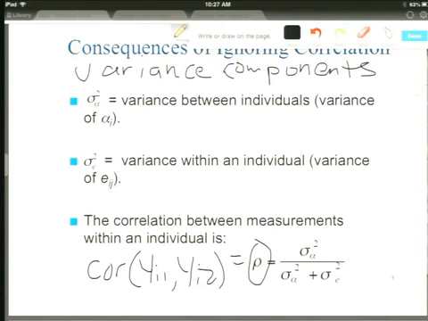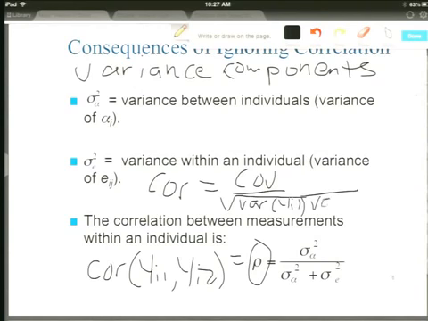And it's defined, correlation is defined as the covariance over the square root of the variance of yi1 times the variance of yi2, covariance of yi1, yi2. So, that's the definition of correlation. Nothing to really care about that much except that it's just a parameter. Nothing objective about it being a good one, but